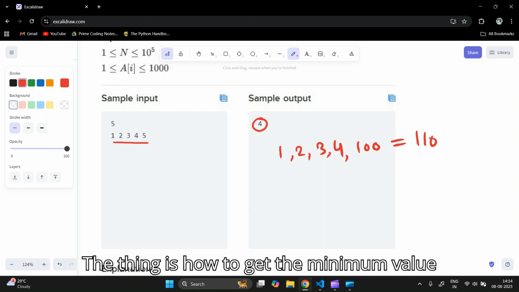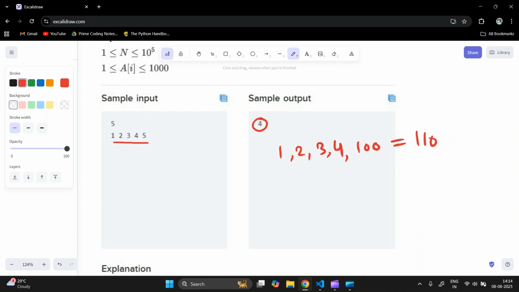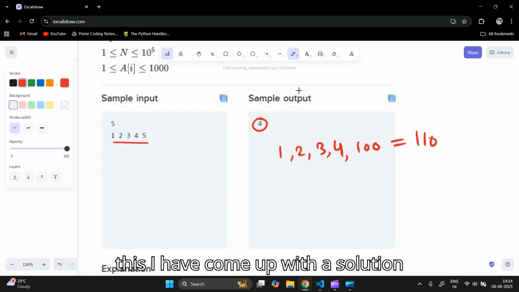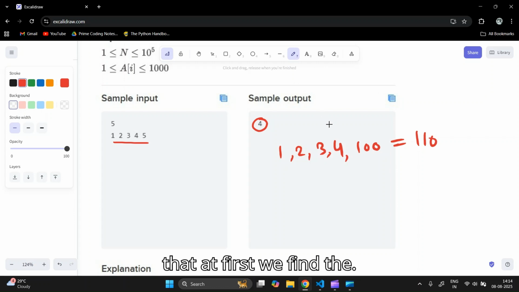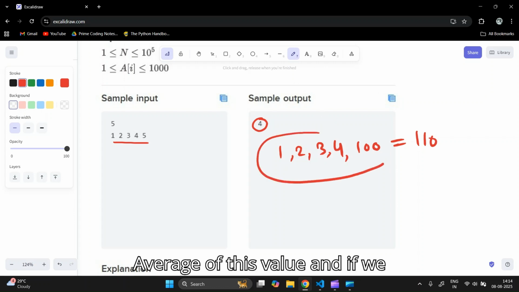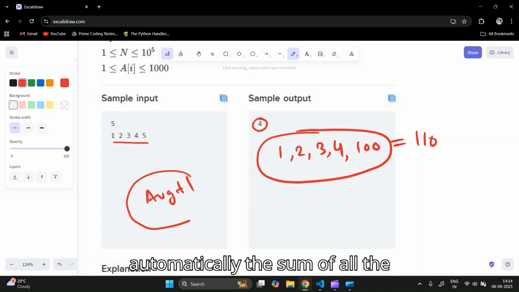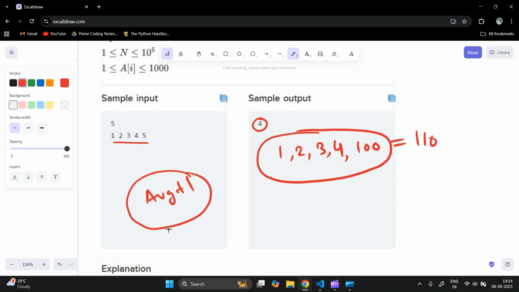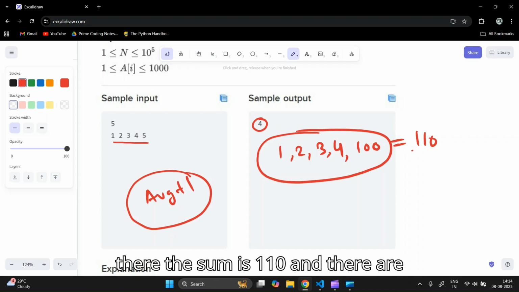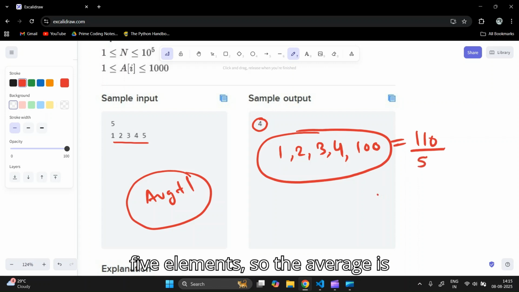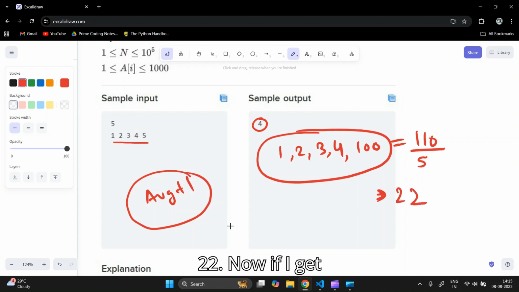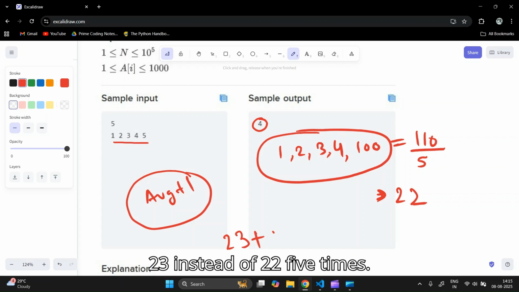Now the thing is how to get the minimum value. For this I have come up with a solution that at first we find the average of these values, and if we increase the average value by 1, automatically the sum of all the elements should be greater. Suppose here the sum is 110 and there are 5 elements, so the average is 22. Now if I take 23 instead of 22, 5 times,